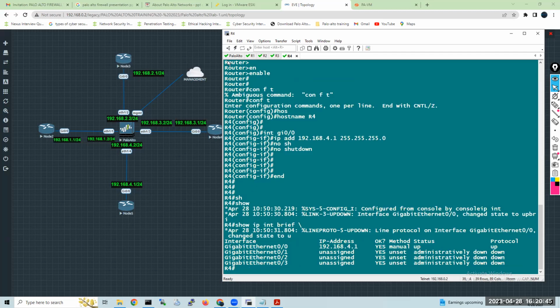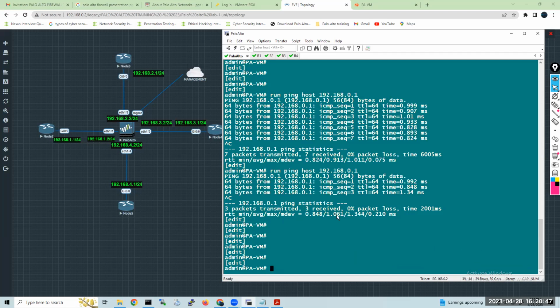So now just go to your Palo Alto firewall. In the firewall, same as how we gave a hostname, we can do it here too. How can we do that? Device configuration, system hostname.